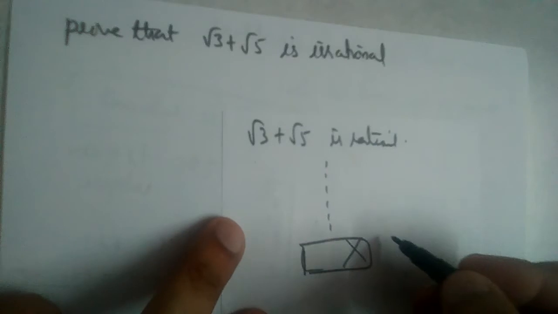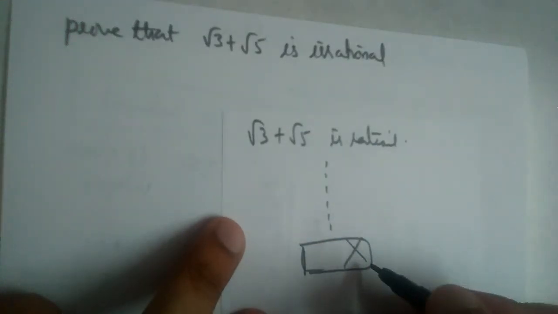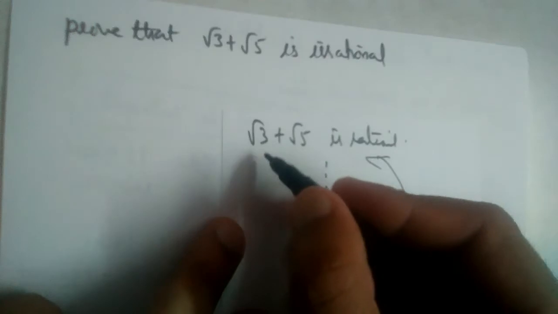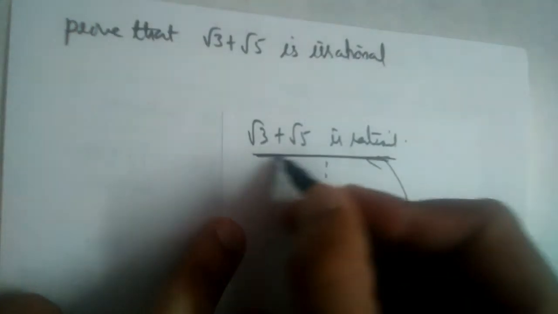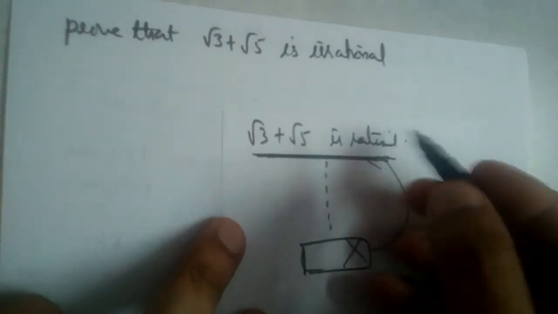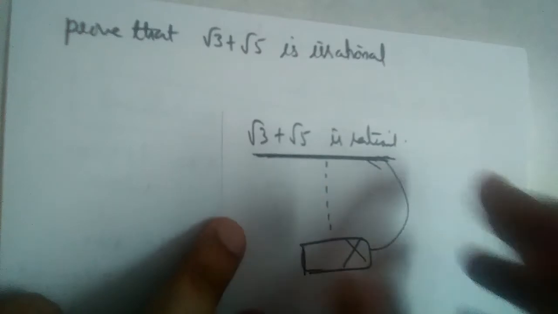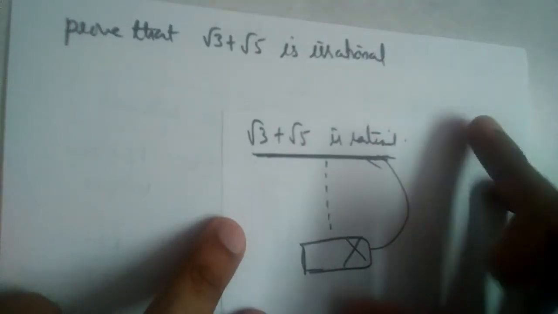Okay, why will that conclusion be wrong? Why has that fallacy occurred? Why did we get something which is wrong? Because of a wrong assumption. So this will be wrong, right? Root 3 plus root 5 is rational is our wrong assumption. If this is wrong, what will be correct? Root 3 plus root 5 is irrational will be correct, isn't it? So all the contradiction proofs are done like that. Okay, let us prove it.